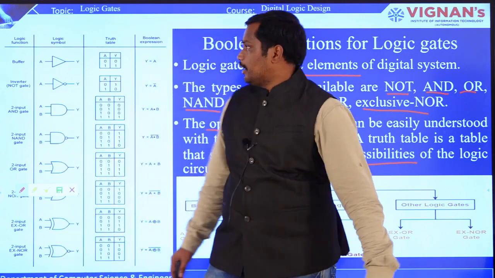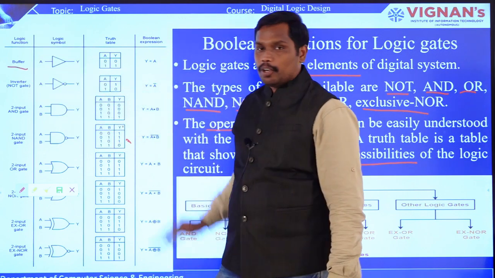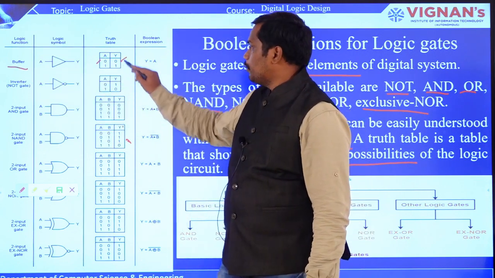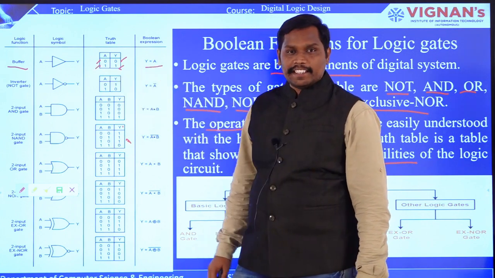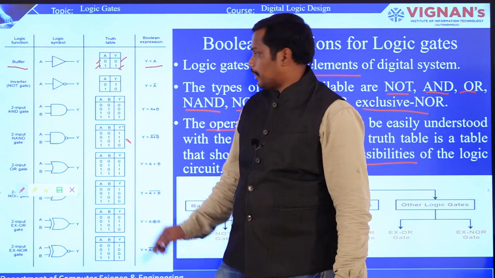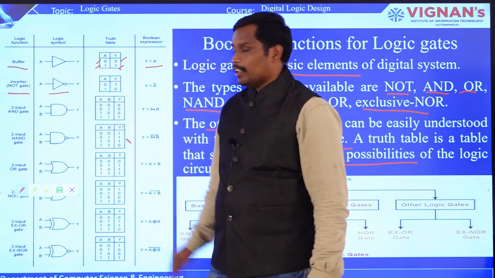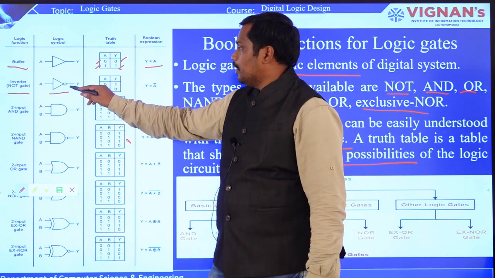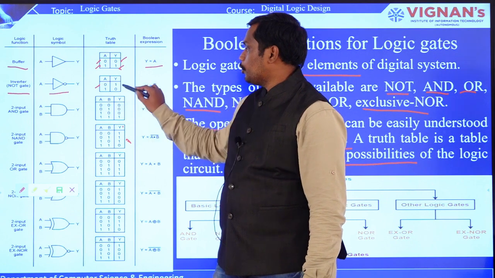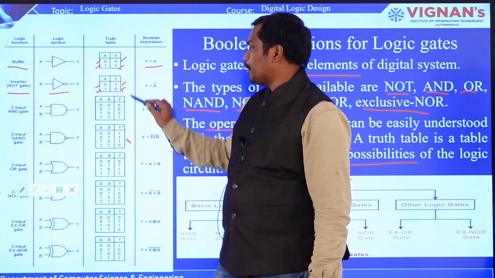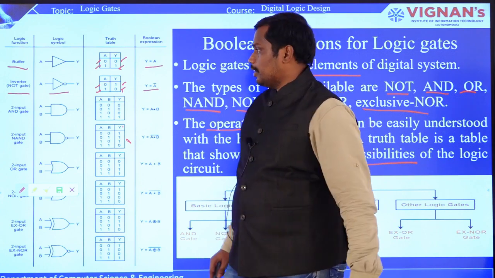So now you can see here this is the buffer, which means you will get the same output. So if you give 0, the 0 will be the output, and if you give 1, it will be the 1. So that is how we are going to generate an expression from the truth table, that is buffer. And NOT is also called an inverter, where you will use the symbol, a kind of a triangle with a bubble symbol, and here if you give input 0, you will get output 1, input 1, output 0. So this is how you are going to represent the NOT gate.